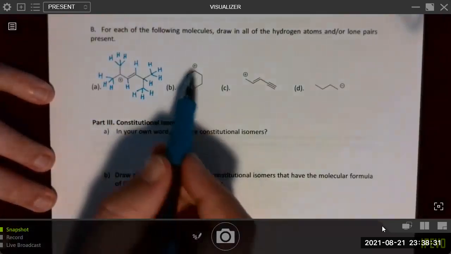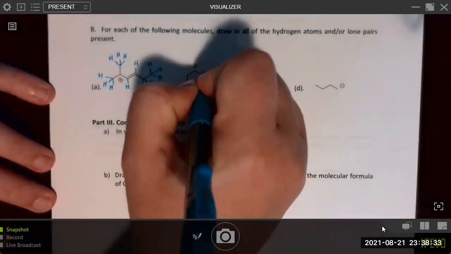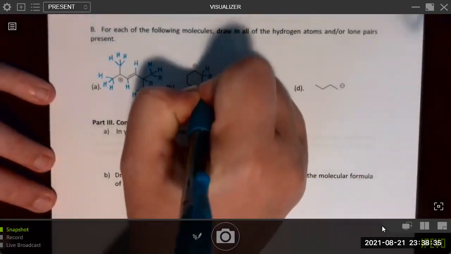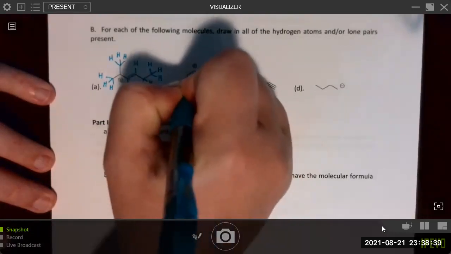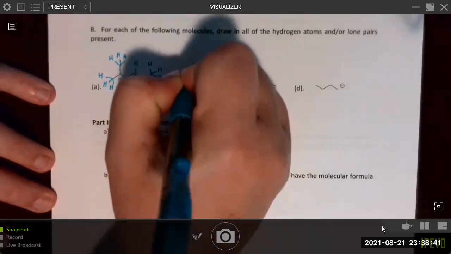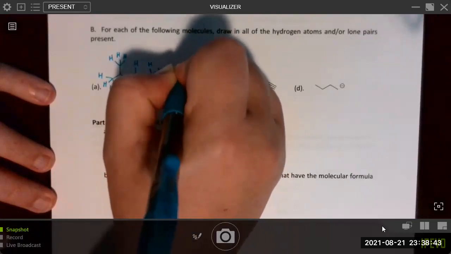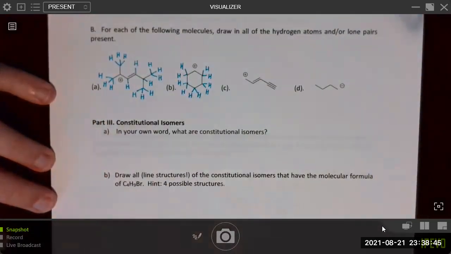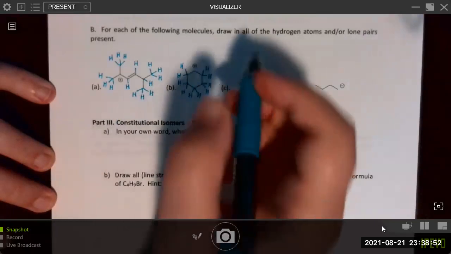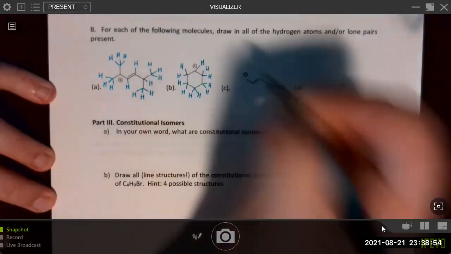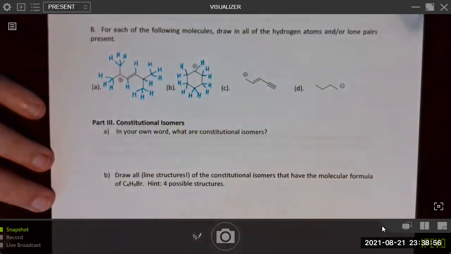Okay, moving on to this one, it's another carbocation. There are hydrogens all the way around the ring of the other carbons in order to make 4 bonds with each carbon. What about the carbon that's positively charged? It should be making 3 bonds, right, and have an empty orbital. So right now I can see 2 bonds, so I do need to draw in 1 additional bond to hydrogen.